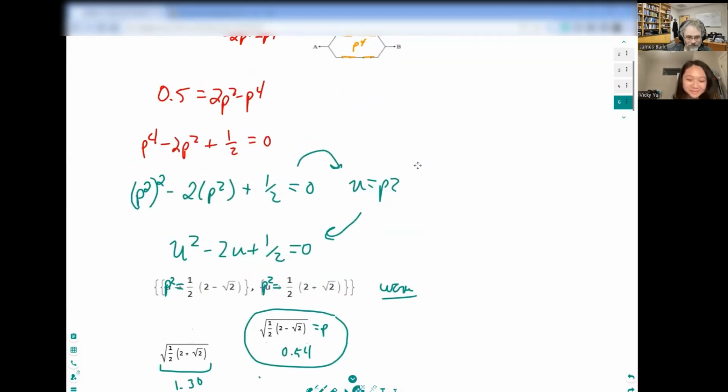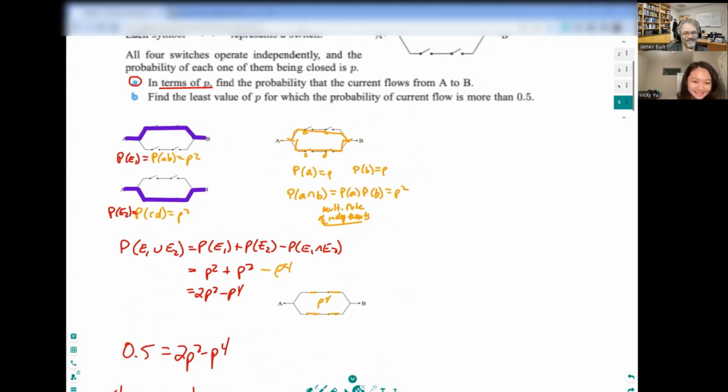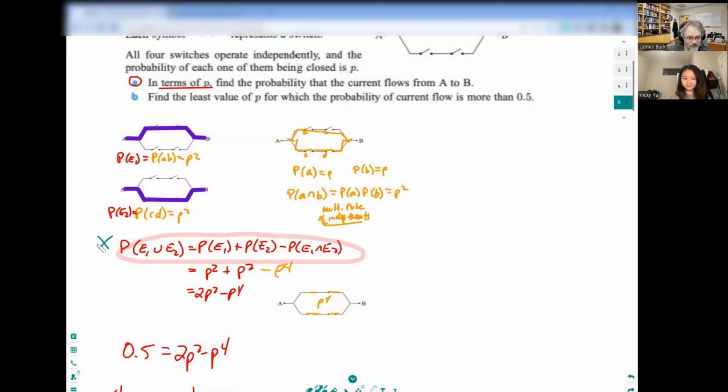All right, Vicki, how you feeling about it? Good. Better. The hard part in this problem was making that observation that, okay, everything's got to be closed. Okay, what's the probability of that? Well, that's P. And then making the observation down here that you're looking at this law of inclusion and exclusion. This formula is really important. Make sure you remember this formula. That comes up quite a bit in probability. You're going to see it again and again and again.